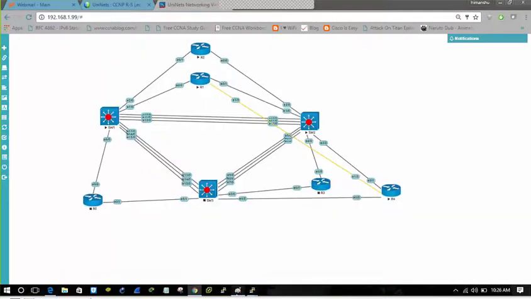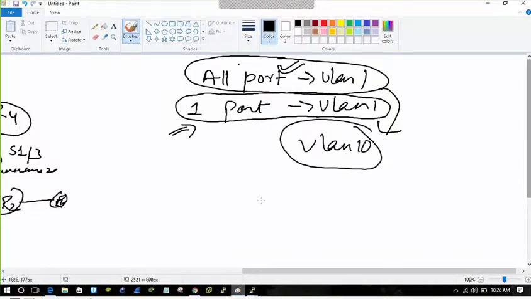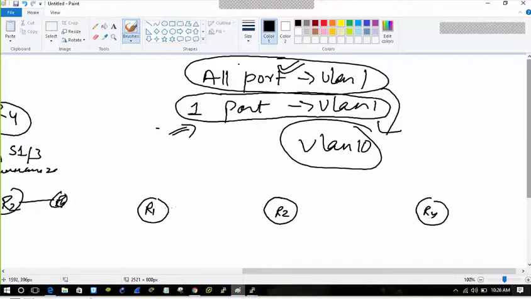If I tell you what I have done in this figure, I have connected like this. Router 1 is connected to router 2 and router 2 is connected to R4. So I have made this logical topology R1, R2 and R4. By which interface is it connected? This interface is Ethernet 0/0, this one is Ethernet 0/1, this is Ethernet 0/0, and this is Ethernet 0/3.